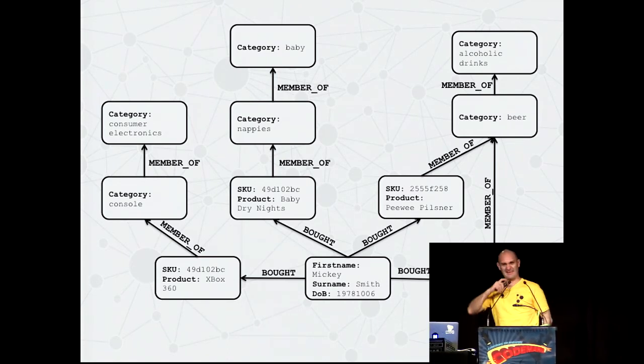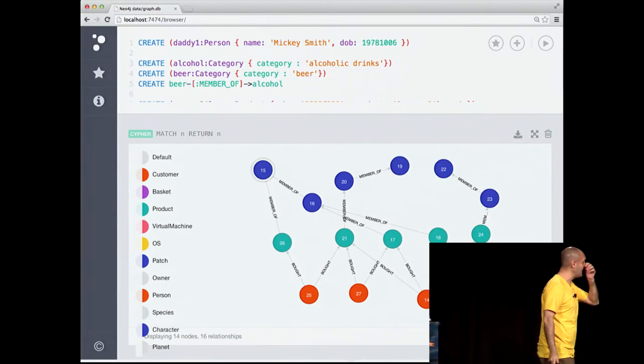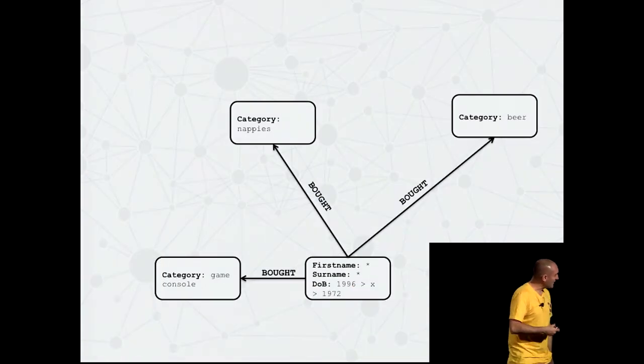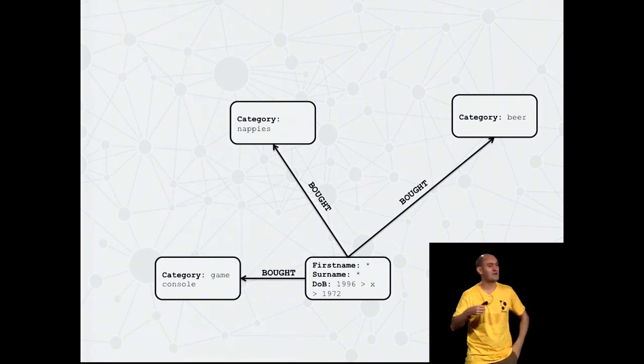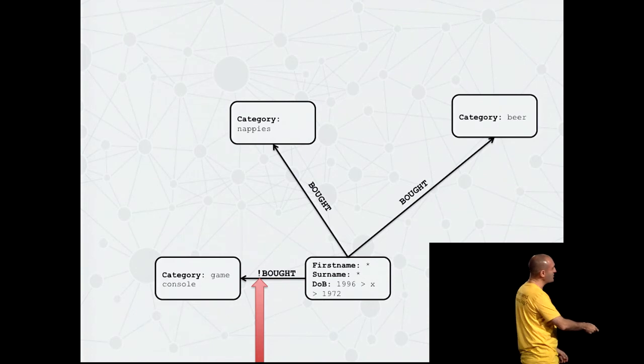Which is a little bit icky, isn't it, really? So we went for young fathers, because the adult diaper thing, that wasn't us. So we created a data set and stuck it in Neo4j. And we started looking for this pattern, the more abstract pattern we were looking for was this: where a young father, someone we know is male and has a certain birth date, has bought something to do with beer and has bought something to do with nappies.